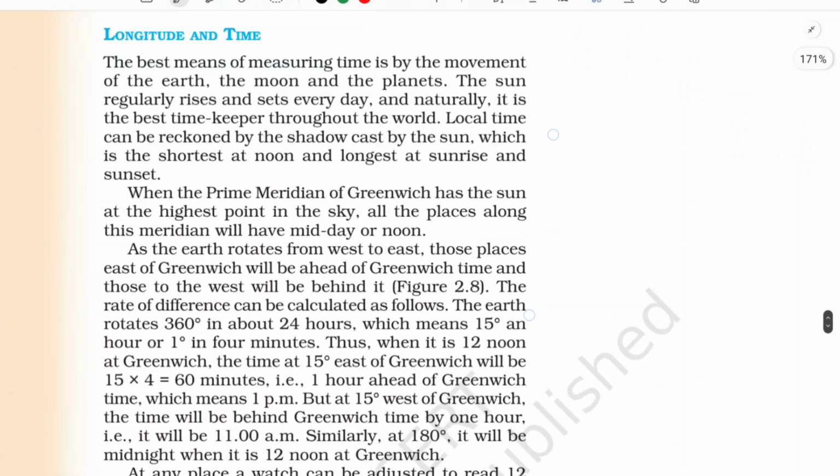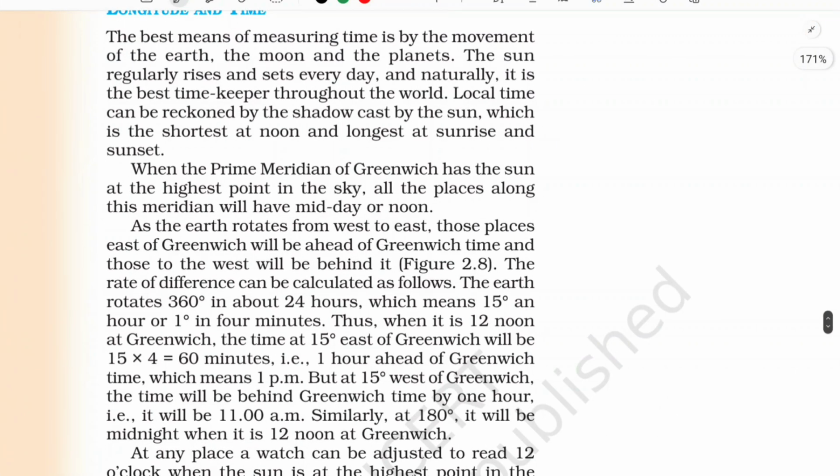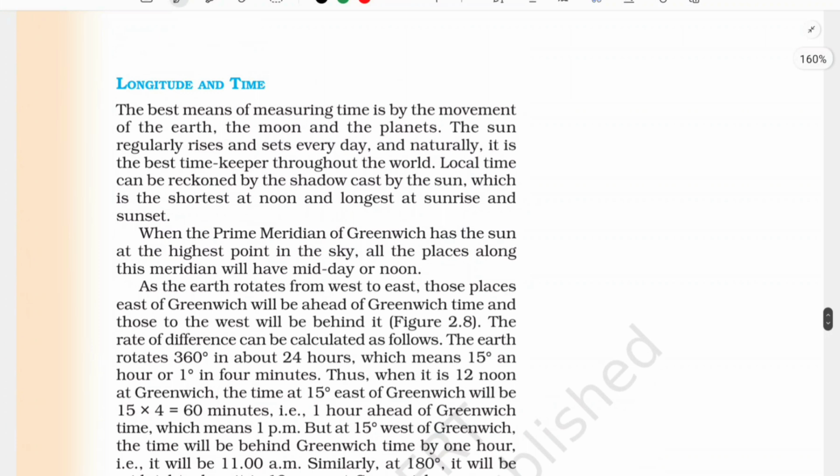So longitude and time. This is also a very important and very interesting chapter. So let us try to understand this. Longitudes and time. The best means of measuring time is by movement of the earth, the moon and the planets. The sun regularly rises and sets every day, and naturally it is the best timekeeper throughout the world. Local time can be denoted by the shadow cast by the sun, which is the shortest at noon and